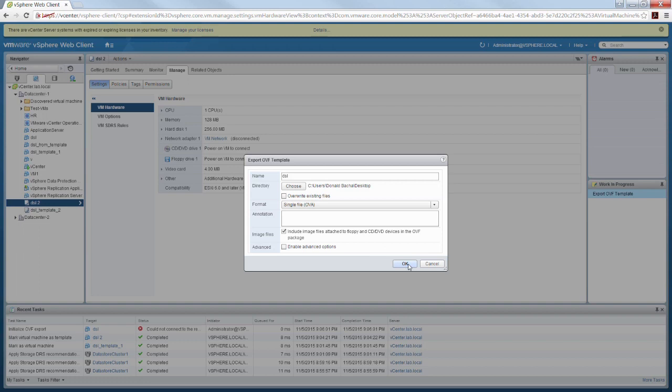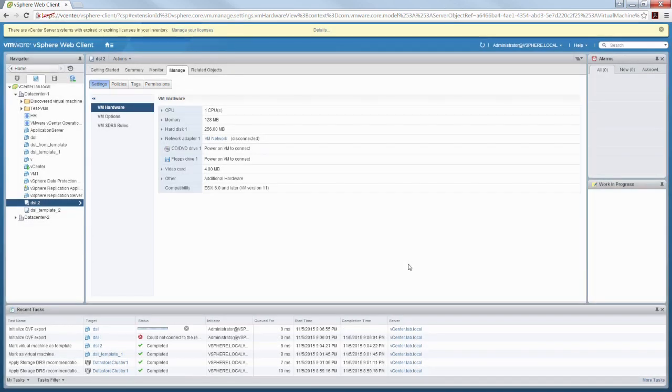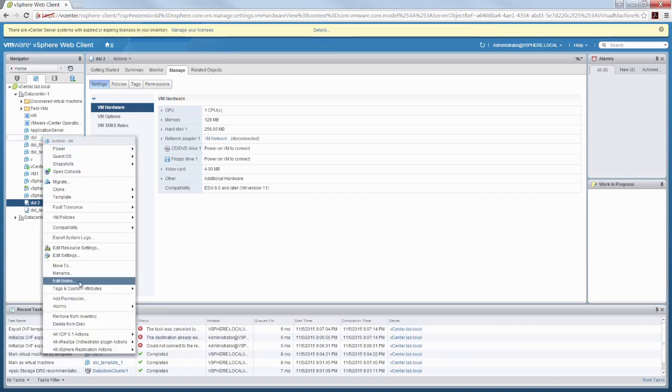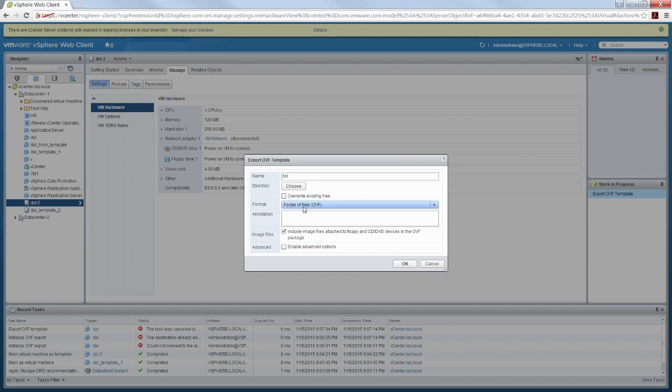Select our image in this export, and let's try this again. Okay, let's just try this one last time. I already had a file with that name on my desktop. So let's just do this really fast again. So export this OVA, choose